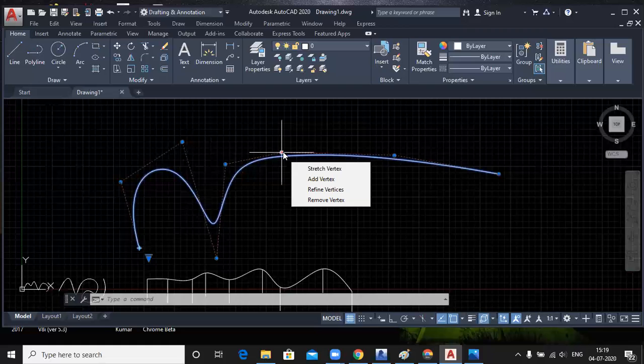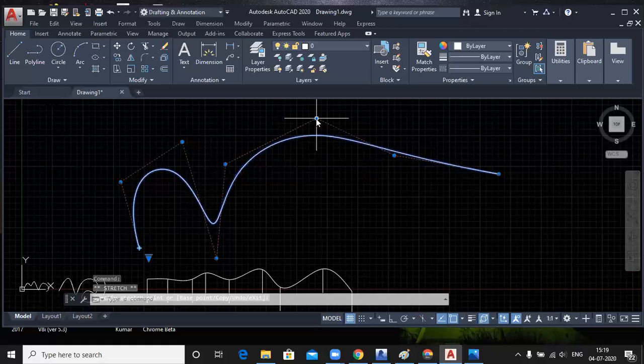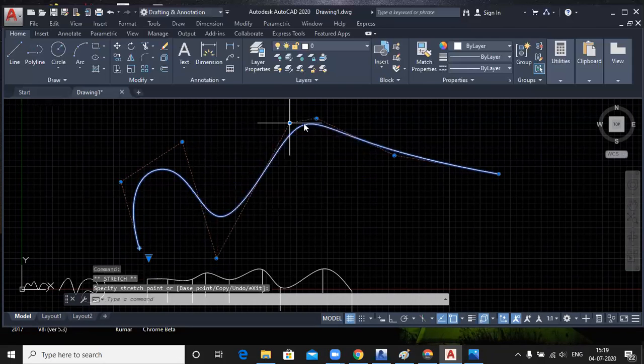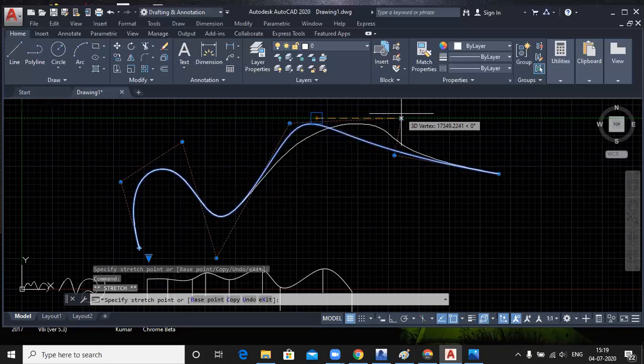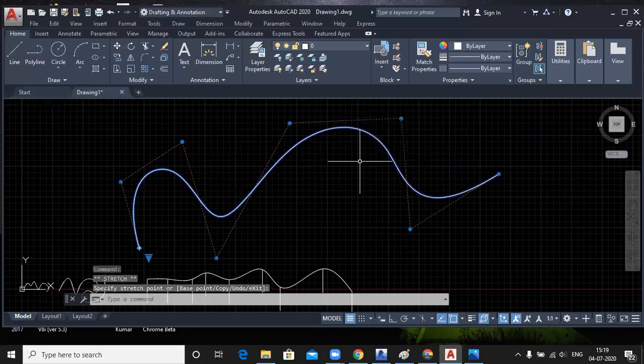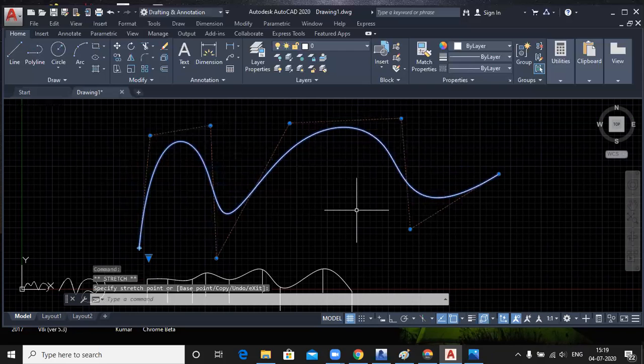This is the point where you clicked at the start while drawing. You just click on that node and move anywhere in your drawing. The curve will change automatically. We can adjust what shape we want. That's why this SP line is called control vertices.